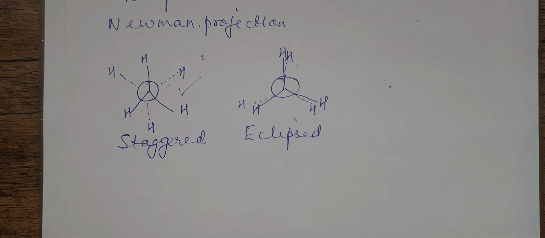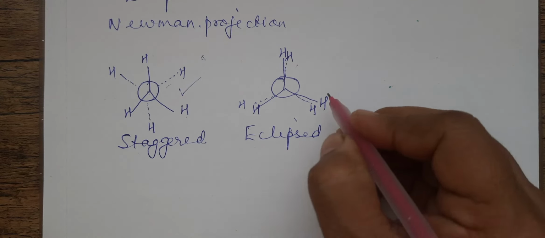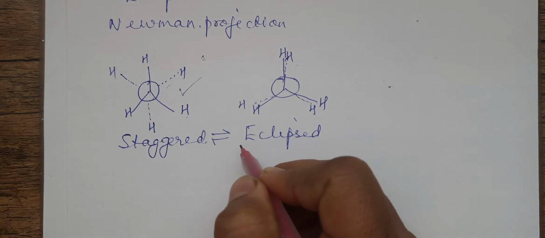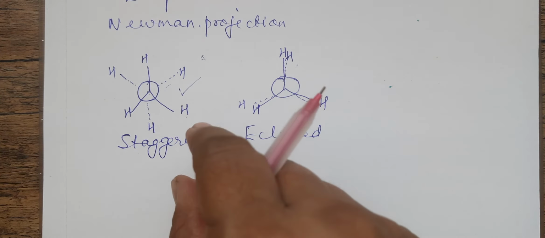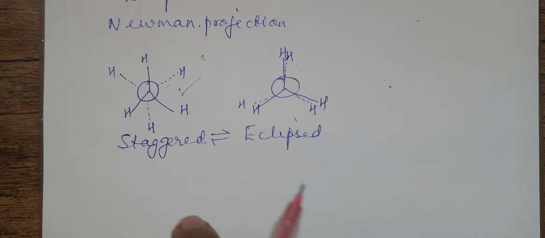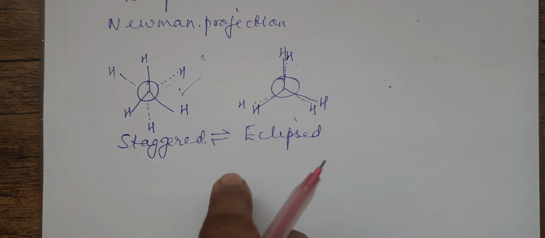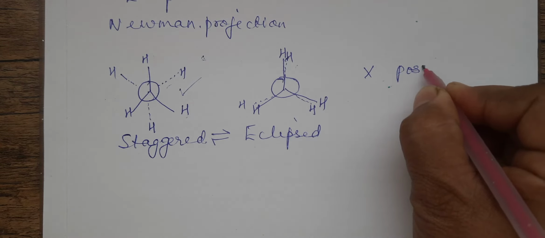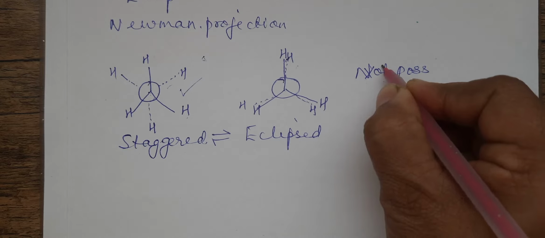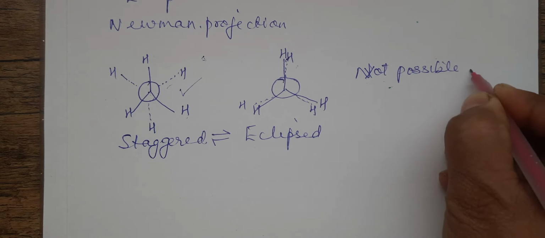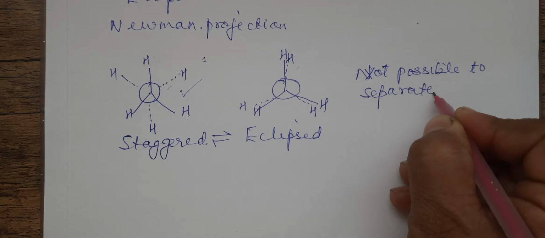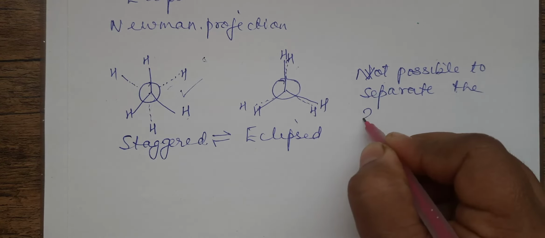Okay, now one more question which is asked here is that the two conformational isomers are interconvertible into each other. It is not that ethane exists only as staggered or only as eclipsed. Both are interconvertible. So as a result, it is not possible to separate the two forms. You can write here 'not', otherwise you'll get confused. It is not possible to isolate the two forms, the two conformational isomers.